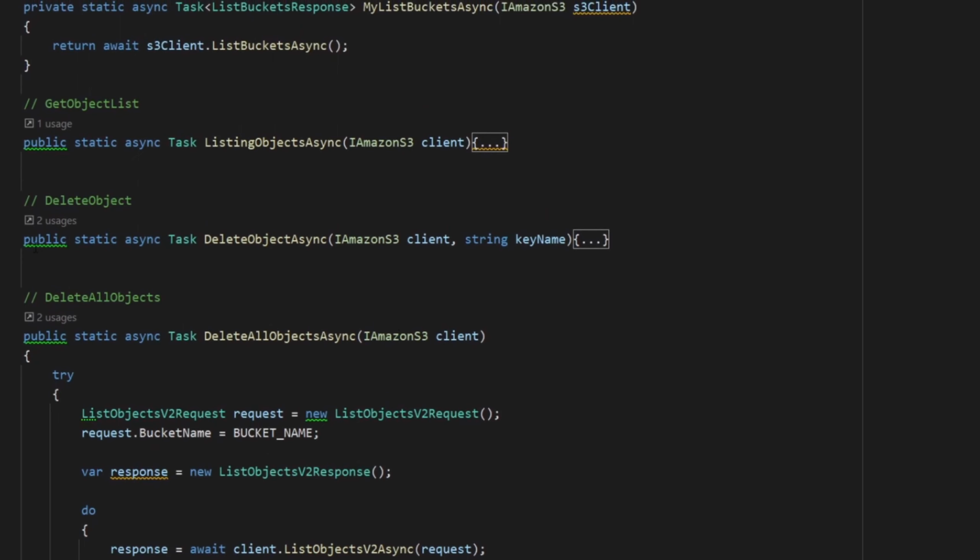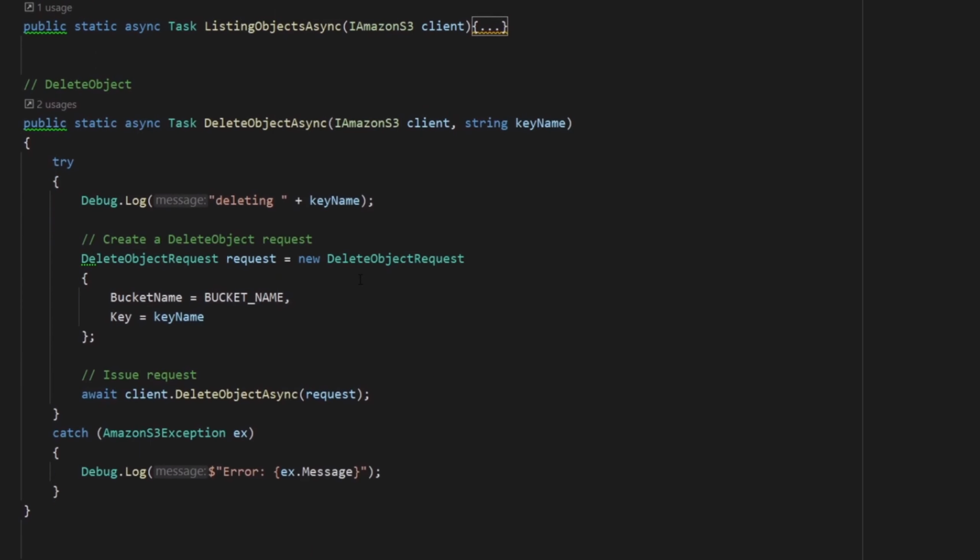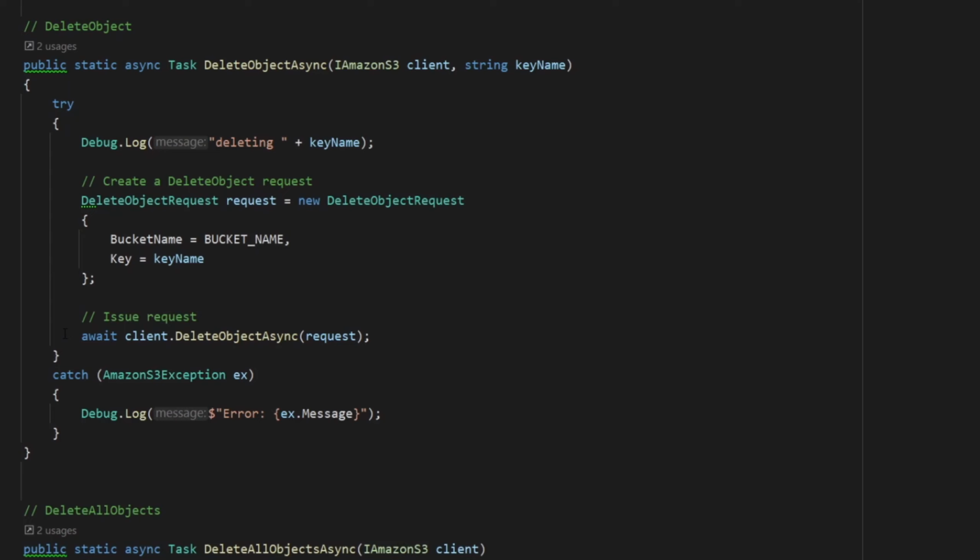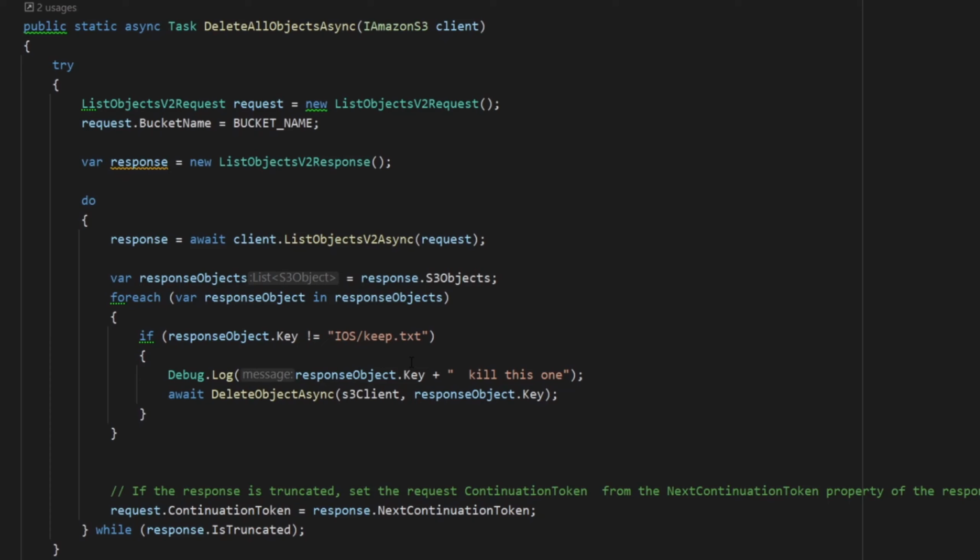Let's scroll up to look at the delete object async, which is pretty straightforward. As you can see, the delete object request is issued to AWS S3 to delete the response object passed from the prior method. Looking back at the delete all objects async method, we can see that it loops through and deletes all objects on the S3 bucket except one called